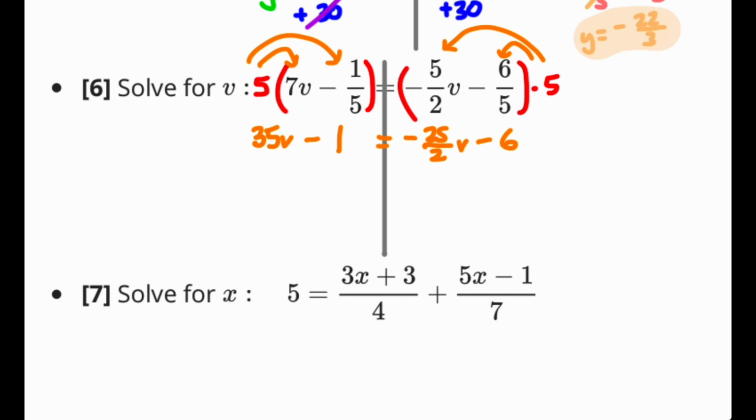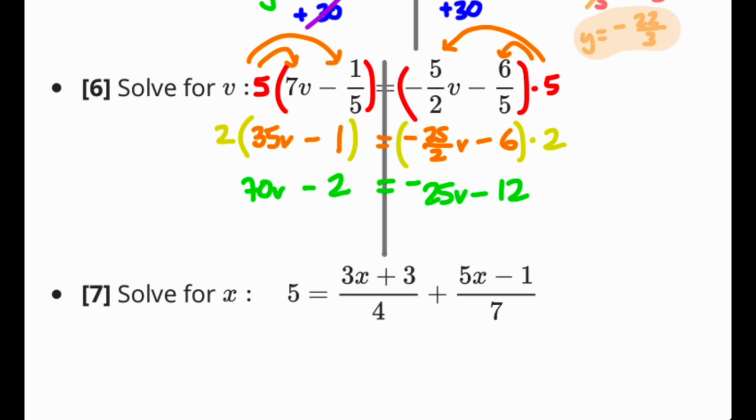But we still have one more fraction. The denominator is 2, so I'm going to multiply both sides by 2. Kind of make my life a little bit easier. So you're going to have 70v minus 2 on the left, negative 25v minus 12 on the right. Okay, from here I'm going to add 25v to both sides. I'm going to add 2 on both sides as well. So basically,